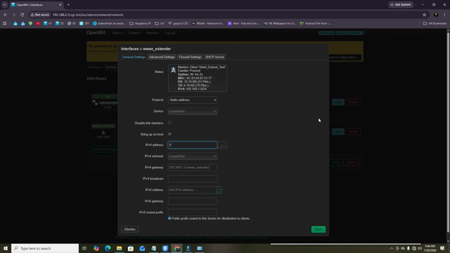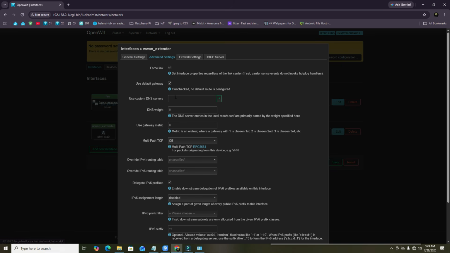So I'll put it at 192.168.1.8 because it is already selected, so I'll just make it permanent. 24, so 255.255.255.0, gateway 192.168.1.1,